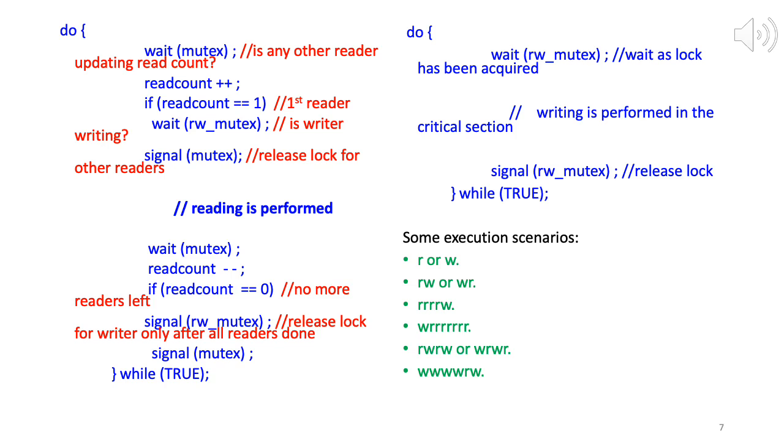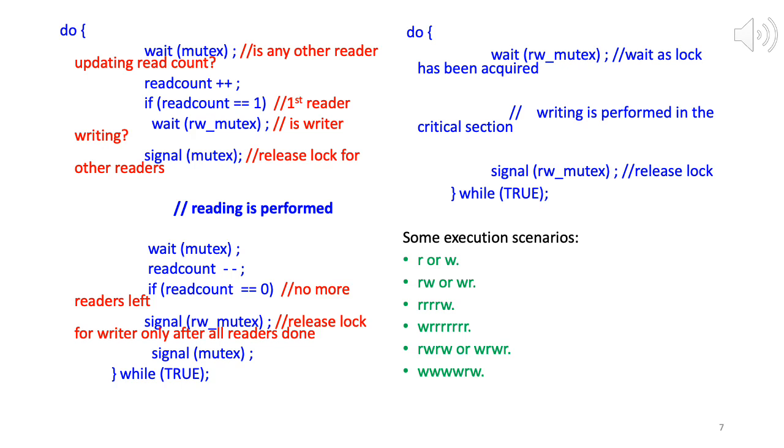And now if the other reader comes in, it does a wait on the read write mutex. Now read count is again 1. It acquires the mutex, does read count plus, and now the first writer has the lock. So now this second reader will wait on the read write mutex, and then once the writer releases it, it will move on and do the reading. And now again read count will be 0, and then it will release it, and then the second writer will catch it. Similarly, WR will also be handled.